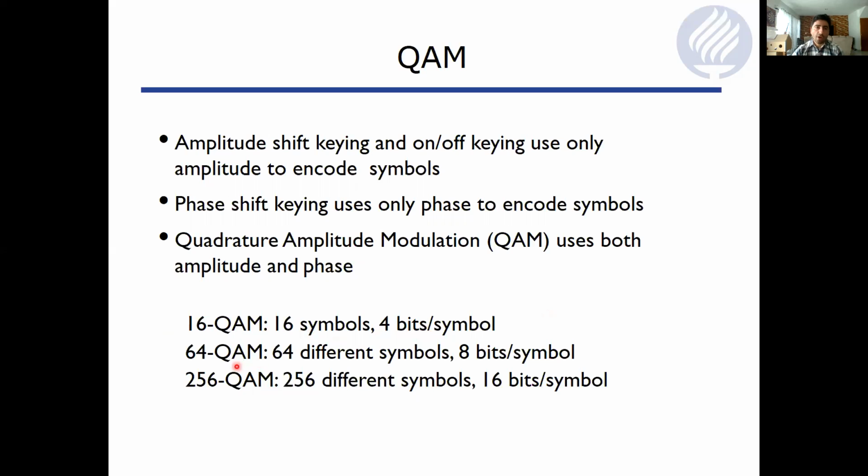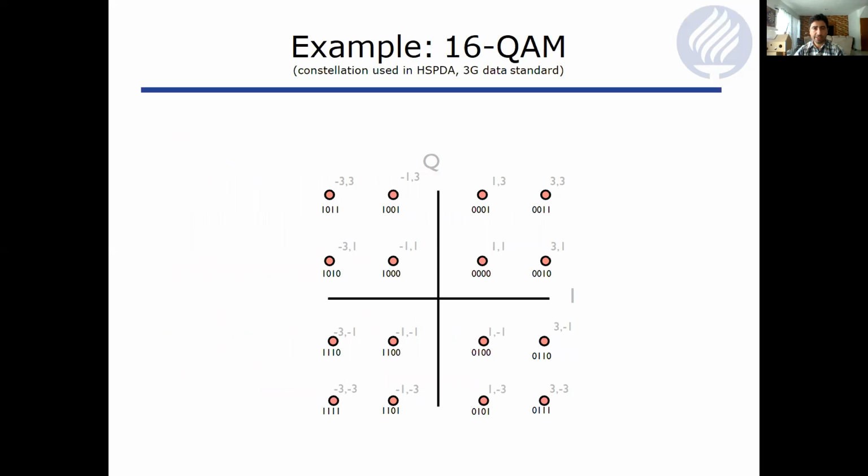For 64 QAM, it's 64 different symbols, which can represent 8 bits per symbol. And for 256 QAM, we have 256 different symbols that we can represent. Each symbol can transmit basically 16 bits per symbol. So it's maybe a little bit more clear using this